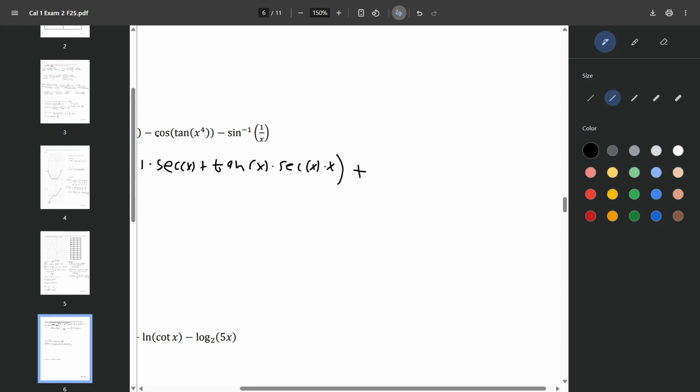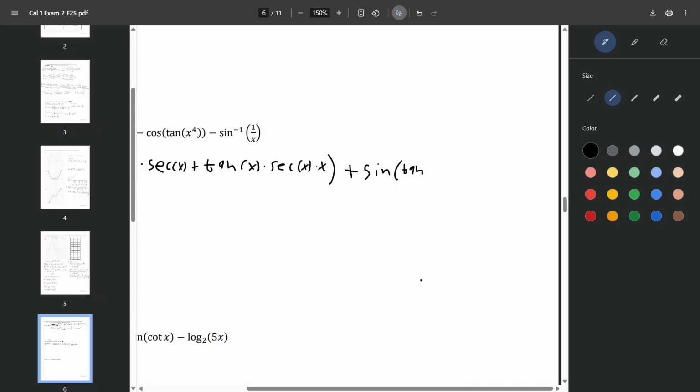So in this case, it will be sine, because the derivative of negative cosine is sine, so it'll be sine of tangent of x to the fourth, and then it's going to be times secant squared of x to the fourth times 4x to the third,